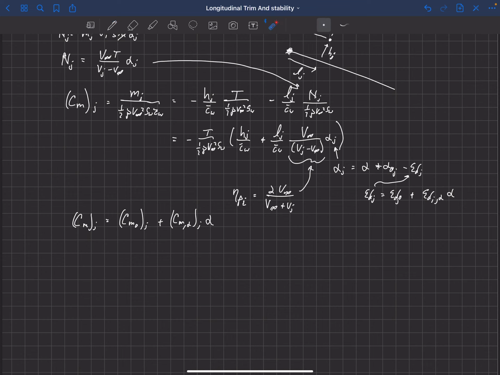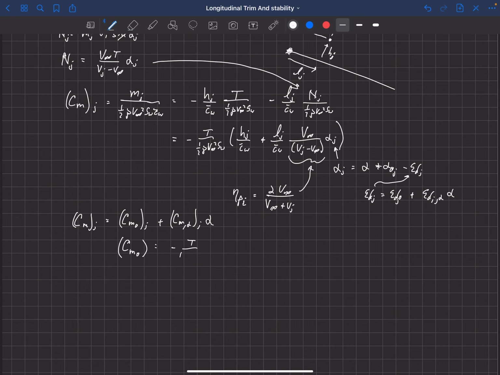Okay, so basically we're gonna split up this equation now after we substitute all these things in, and we're gonna get a constant term that's independent of angle of attack, and then we're gonna get a term that's proportional to angle of attack. And so what we get when we do that is that the constant term is equal to